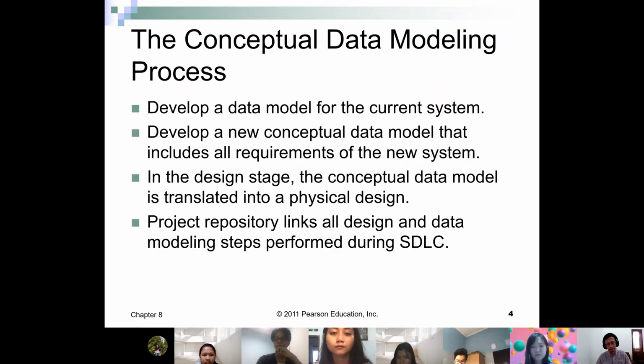What's the difference between the old and the new? Obviously, we need to look back at the reason why we replaced the old system with the new system: the old system could no longer provide information required by the user. So obviously, the old data model will have less data compared to the newest data model.